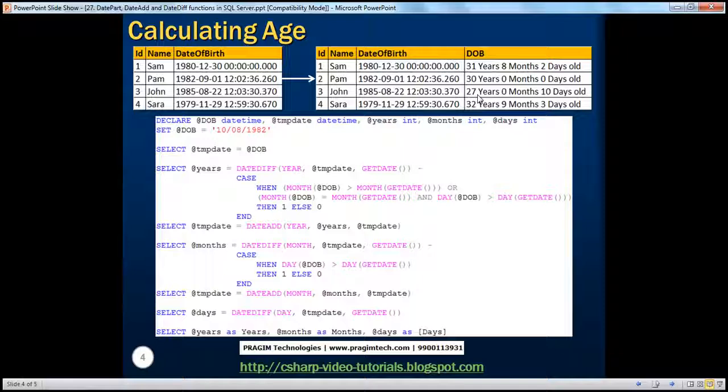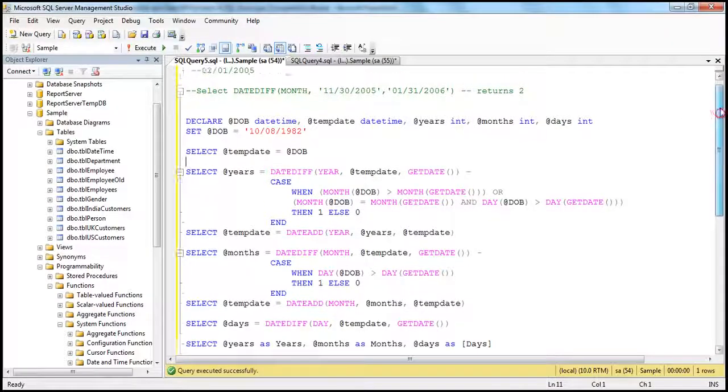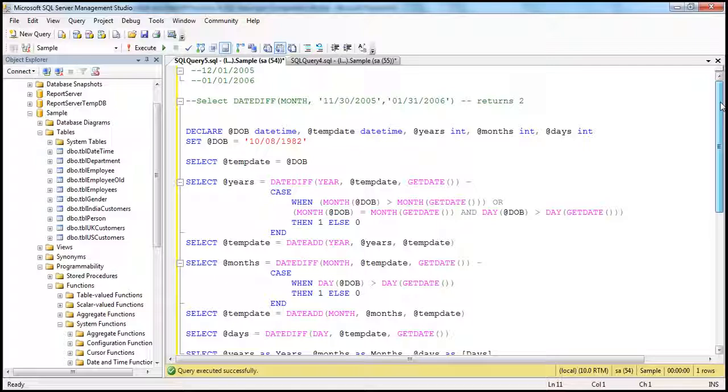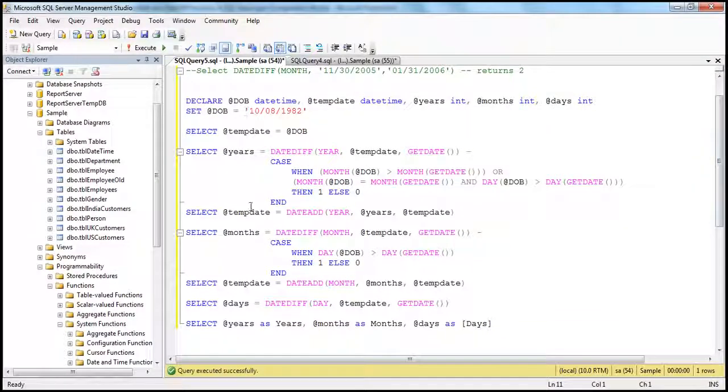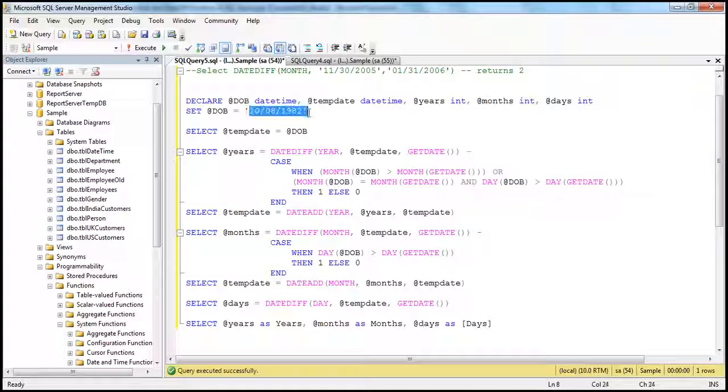So obviously we can use the functions that we have just discussed. I have already written this query so that we don't have to waste time typing, and it's pretty simple to understand. If you look at this query, it seems to be a little big, but the only complicated piece here is this CASE statement. If you understand the logic behind having this CASE statement here, the rest of it is pretty simple. To compute the age of the person, the simple formula is: from the current system date and time,